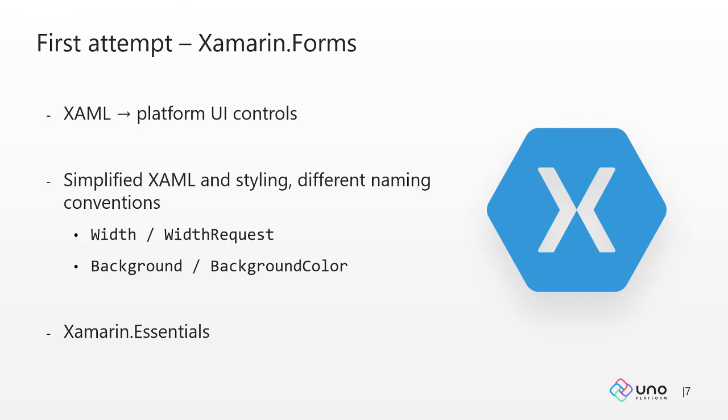In addition, the XAML in Xamarin.Forms is a simplified dialect of XAML, and it has limited support for templating and styling, which we are used to from UWP and WPF. It has different naming conventions, which is confusing for developers coming from the Windows world. That, for example, Width property is now WidthRequest, and there is also a Width property in Xamarin.Forms, but it's just read-only. So if you just copy-paste your code from Windows to Xamarin.Forms, it will probably not work correctly.